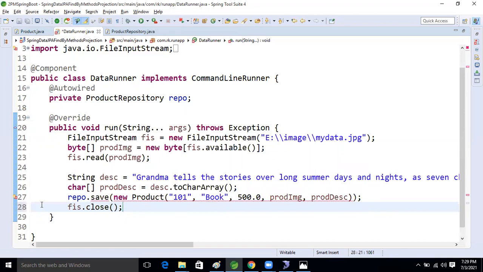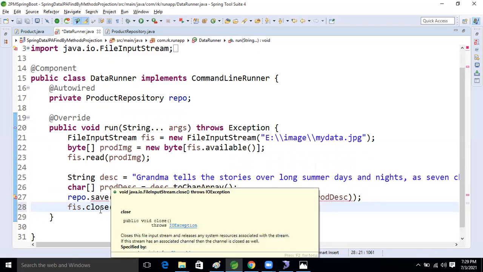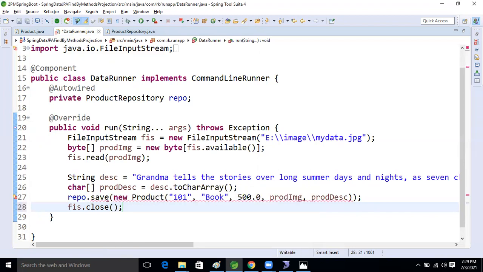Why is it giving the error? Save method, right? One minute.